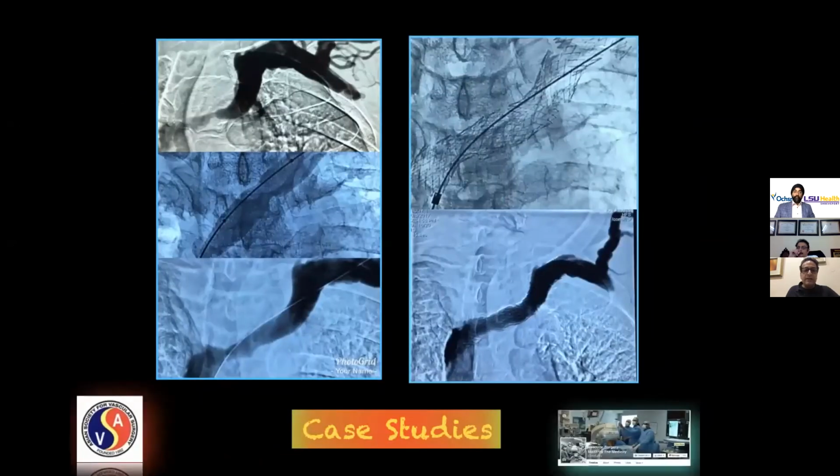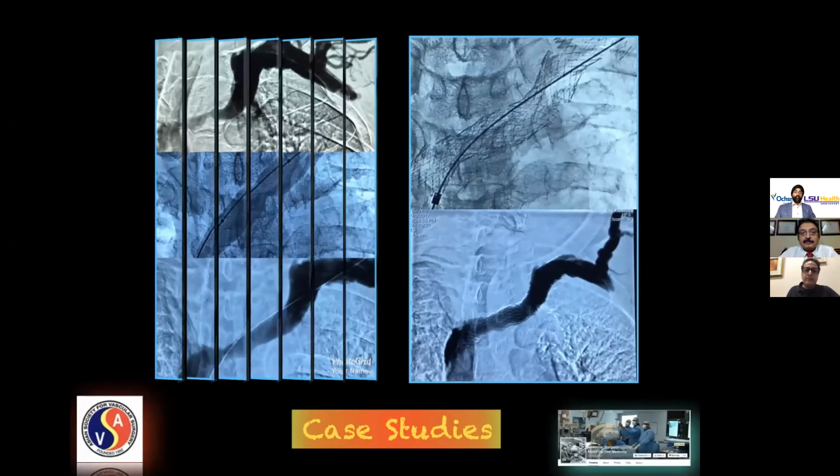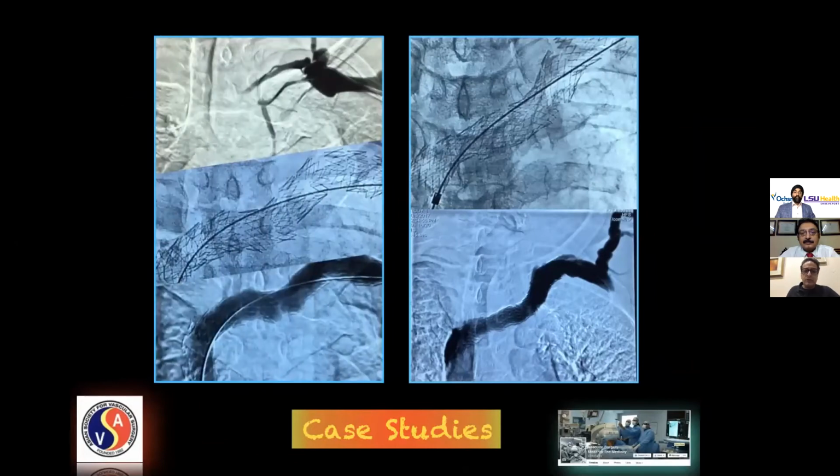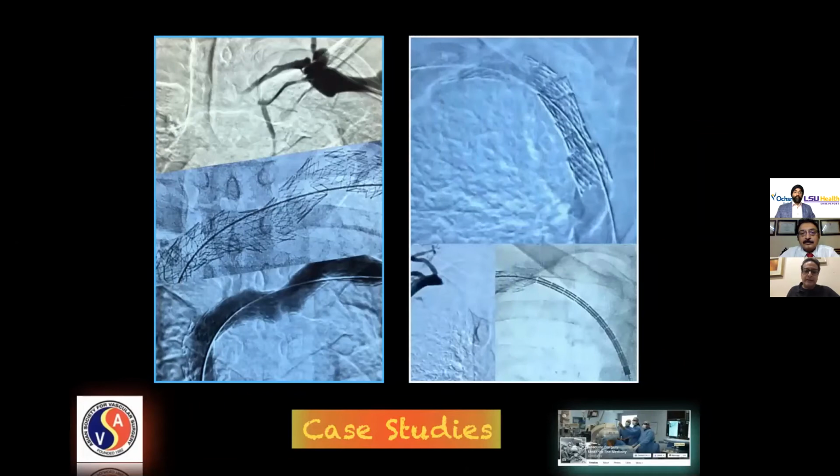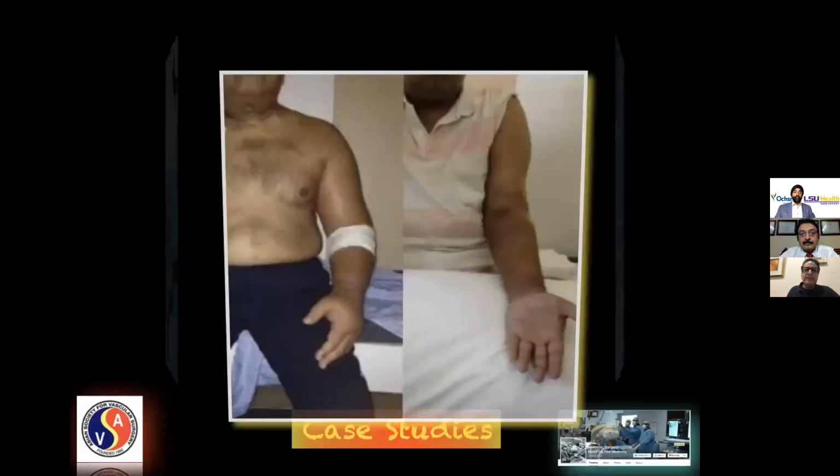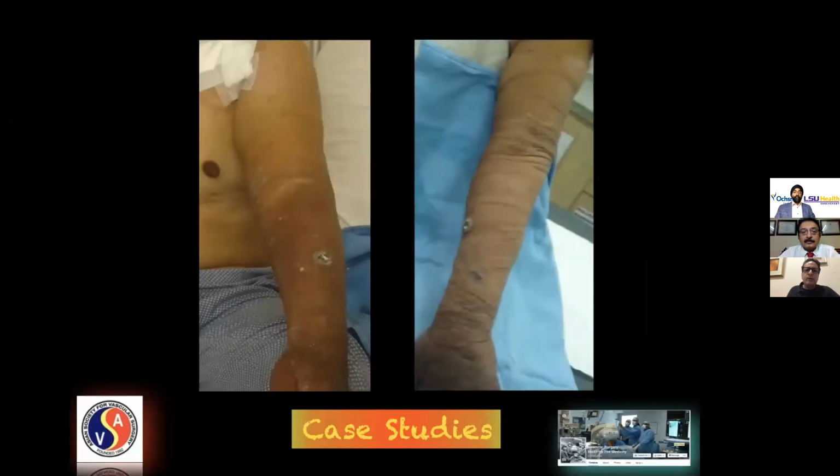So what we have done is we have moved on to dedicated venous stents in this area, rather than using a Wallstent, or we do use covered stents sometimes in these areas. But over the past few years, we have started using the dedicated venous stents. Again, this is off-label use for these stents, because primarily they are meant to be used in the iliac territory, but we do use them for central veins. And you can see that there is no migration, because this stent anatomy is such that these stents conform to the venous anatomy rather than forcing the veins to adapt to them. So that is why they do better, and definitely their patency is better. So these are some cases where the patients' swelling just disappears.